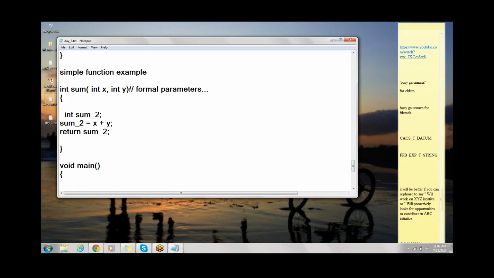Correct? Both are not pointing to the same memory. Both have different memories, but the values are the same. So we are just sending the copy of value. We are not sending the copy of reference. That means the x and y actual parameters have different memory than the x and y formal parameters. Or if you have any confusion,